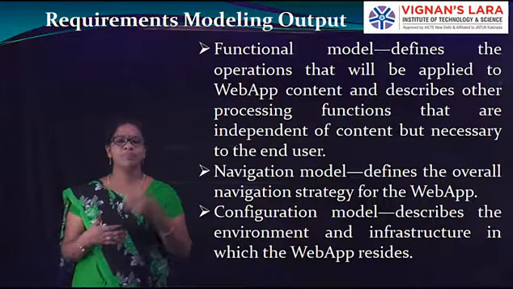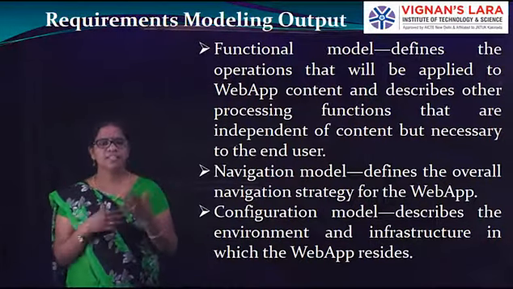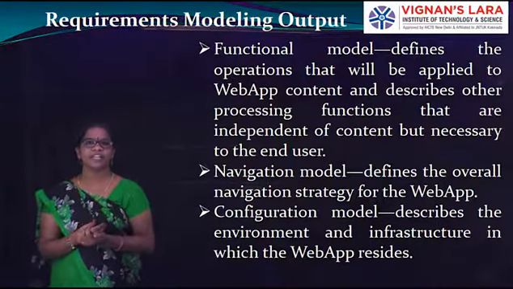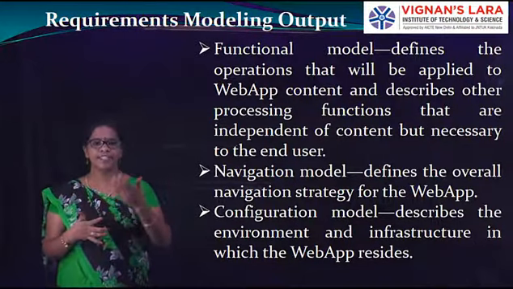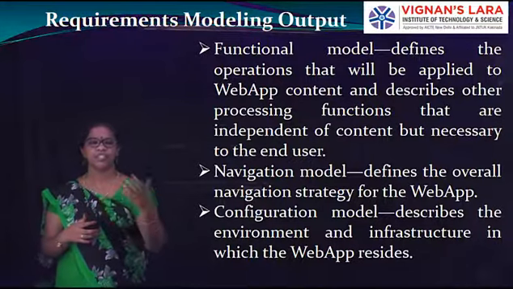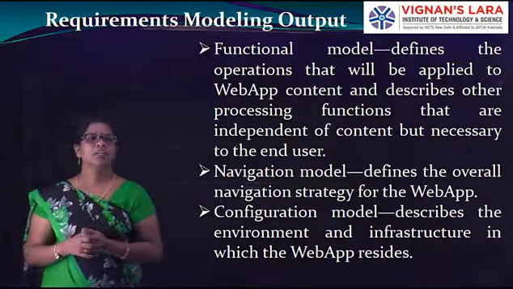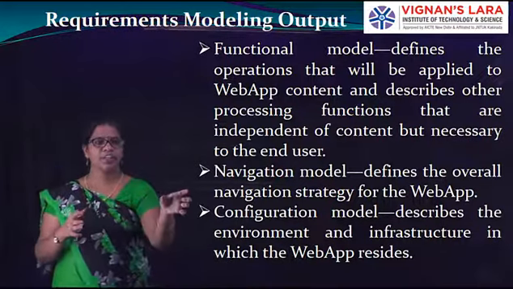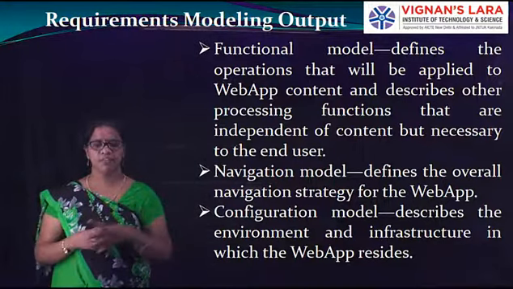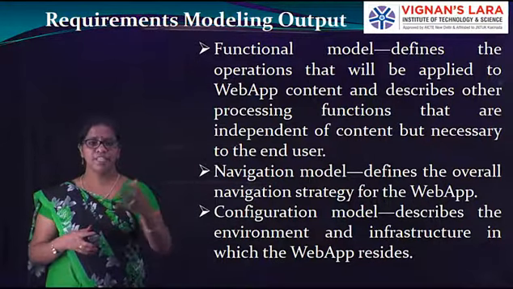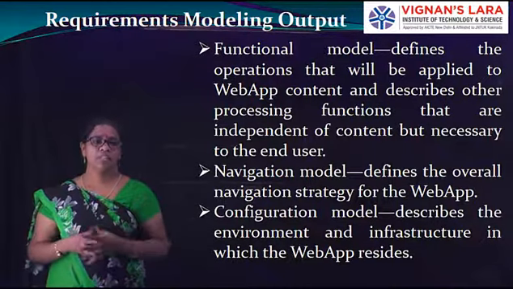If you are not displaying all those things and it is going directly to the payment mode, then there is a problem with the functional requirements, because they must be known to the end user, because he is interacting with the system. In order to purchase that, how much cost it is going to be. For some products, this company is offering the rate like this. Some comparison of the products can also be seen when you are purchasing more products in some websites. So that is a functional model.